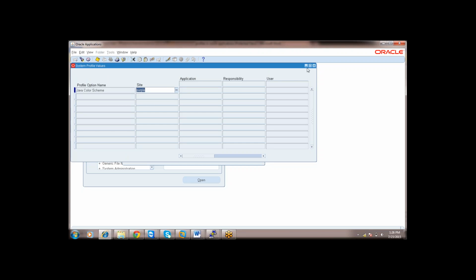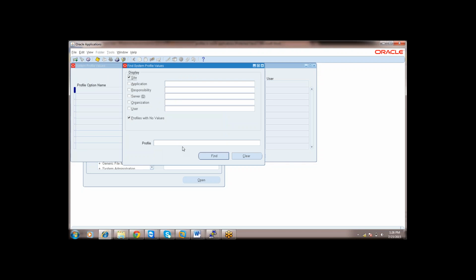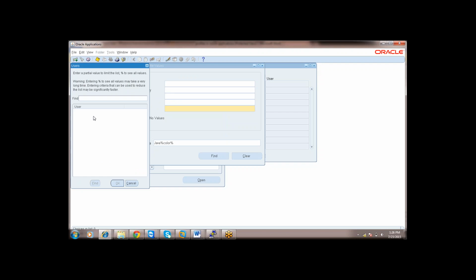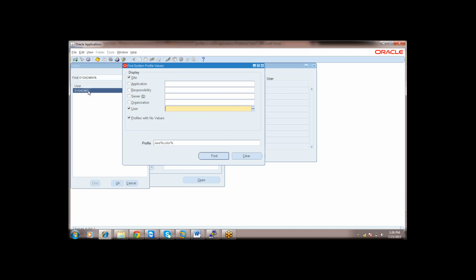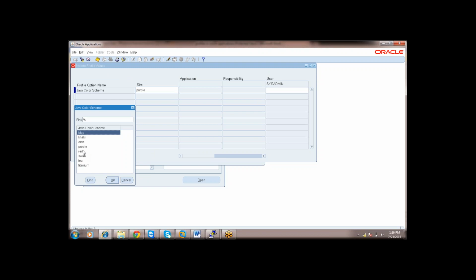Now select user here, and select the user, sysadmin. Is there any value set at user level? There is no value. I will set some value, khaki color.